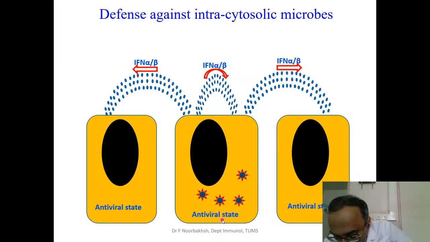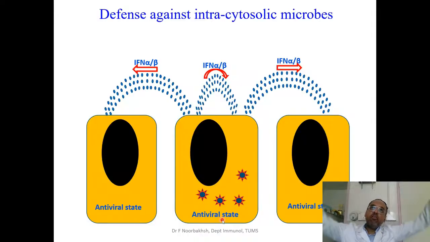And of course, here the question remains that, okay, if I turn off the synthesis of proteins, how can I make the proteins which are required for my own survival? So there are answers for that, but it's beyond the scope of this class. So for the interferons, it's sufficient to know that they decrease the activity of ribosomes and tRNAs and other things that are involved in protein synthesis. And that's a first step defense against viruses.